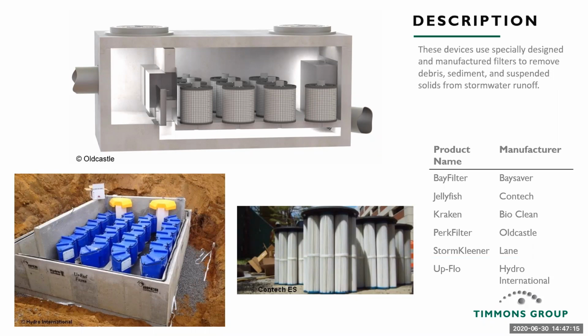The sizes vary. You can see on the top image there, that's a Perk Filter. It has on the left side a debris separator or a sedimentation chamber, so all that junk doesn't flow into those membrane filters on the right side. And just for reference, the one on the bottom left is an upflow. That one uses sand or media bags and those blue components there. And then you'll also see on the slide, I just listed a bunch that you may have heard of before that do more or less the same thing.